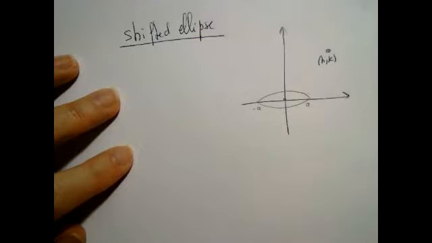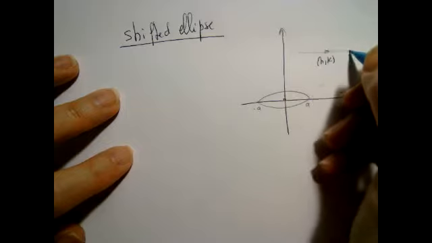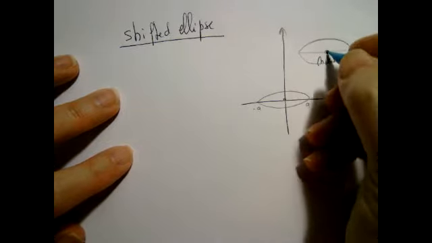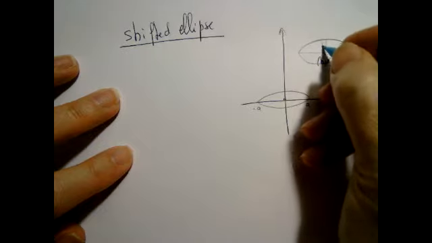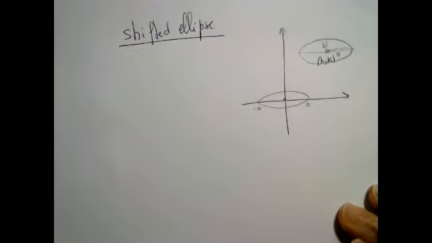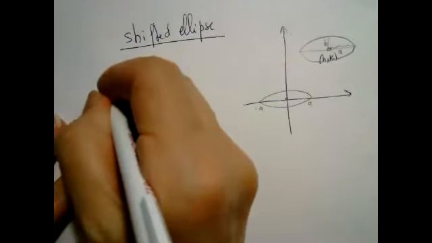Everything else, I don't change anything. I just shift it. I'm not going to stretch it or shrink it or anything. So we shift it, and we get that. It's the same a and the same b, but definitely the equation will be different here. So what's the shifted ellipse? The equation becomes